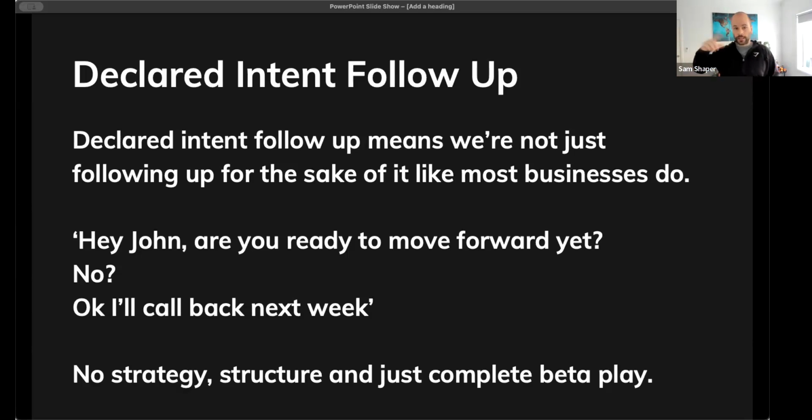So if we related that to the fitness side, I would like to have that question, if it was me personally, in the ManyChat flow, because that way I can save Brian's time of getting on the phone with someone that's not financially qualified. Yeah, makes total sense. Yeah, that's fair. But then that sort of flows into this next point around declared intent follow-up. So as you said, once someone's been through the ManyChat flow, they've ticked the financial box,